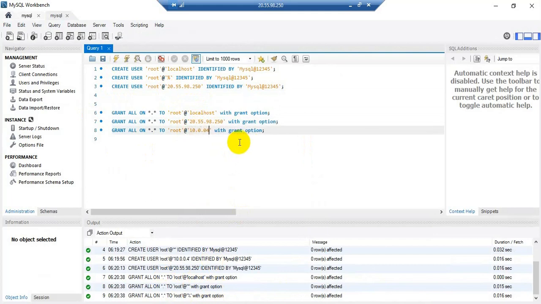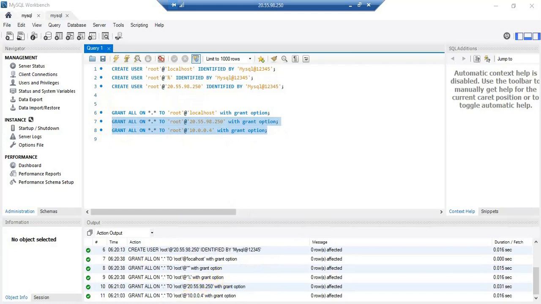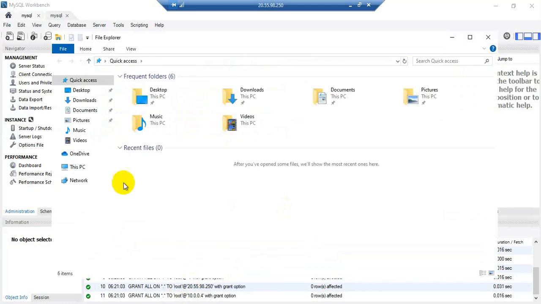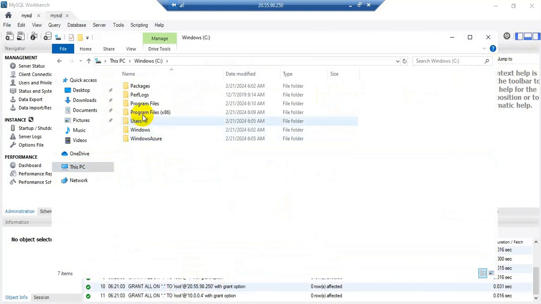So that can also be accessible, and also we can give the permission to our local IP. All the privileges we can give, as well as we can grant all on all the DBs, all the tables, with the public IP as well. Okay,